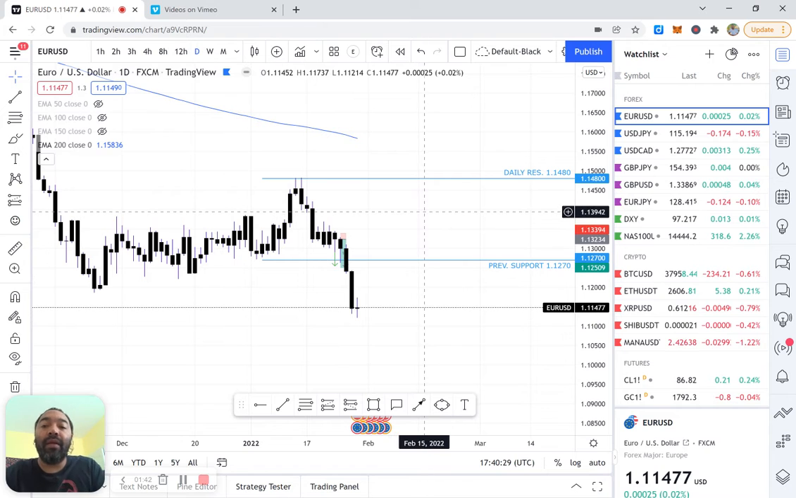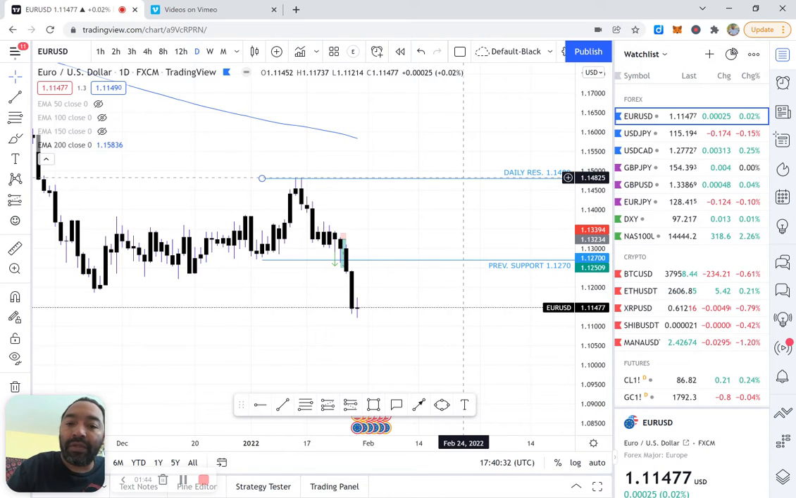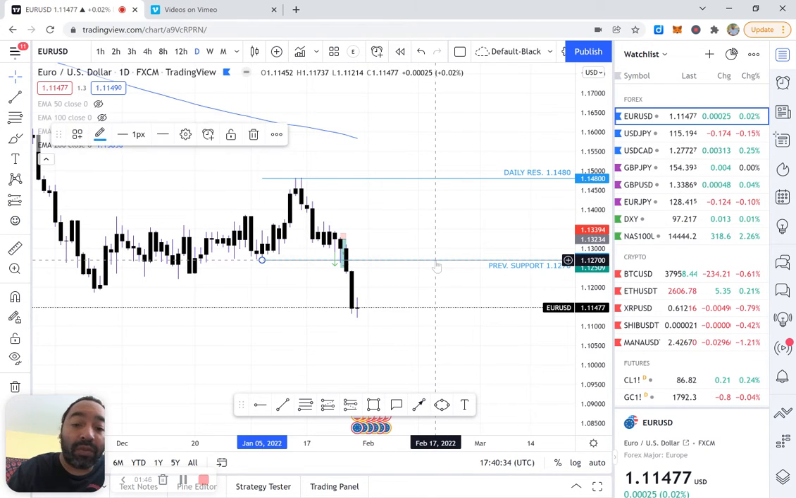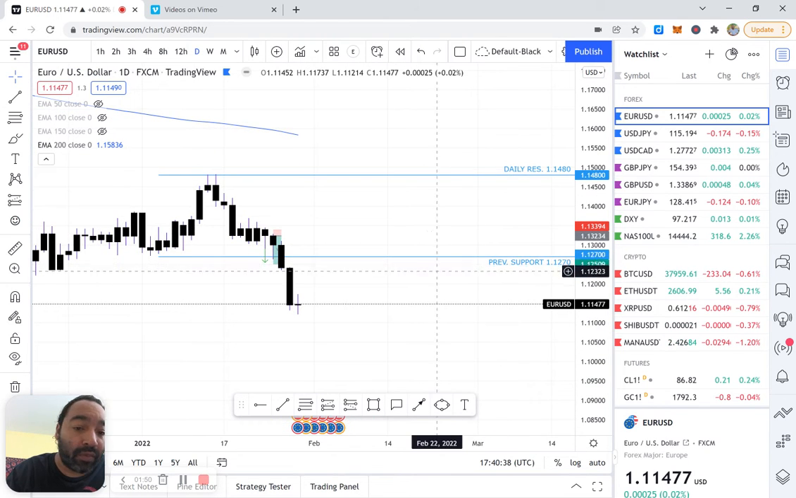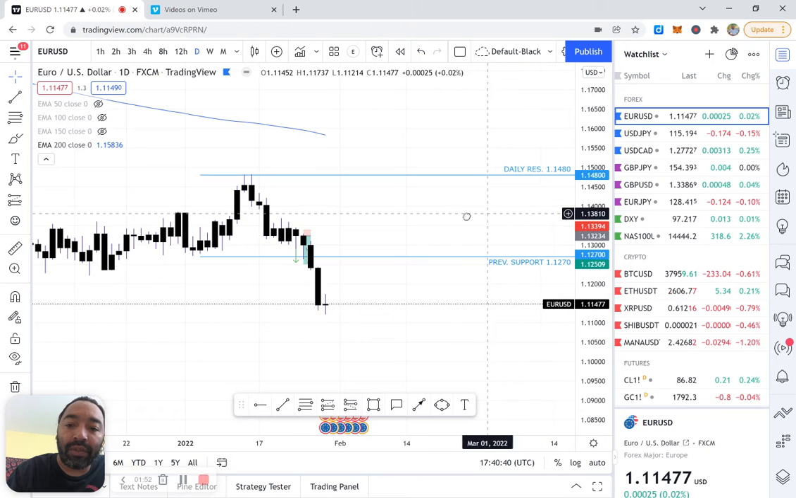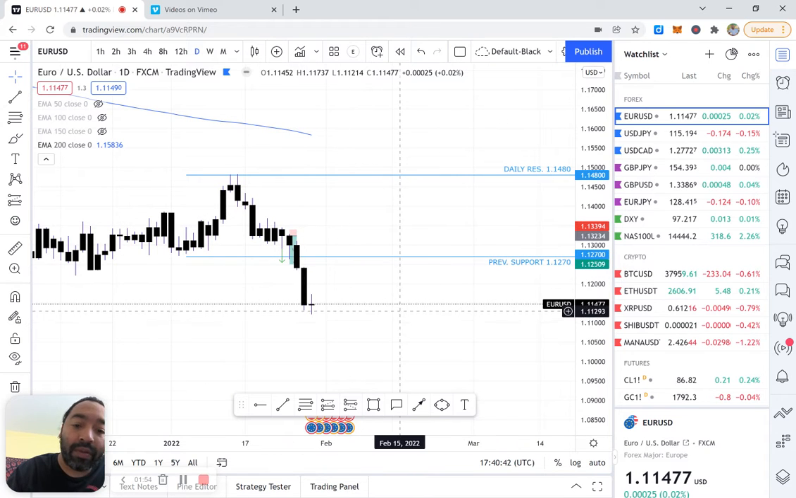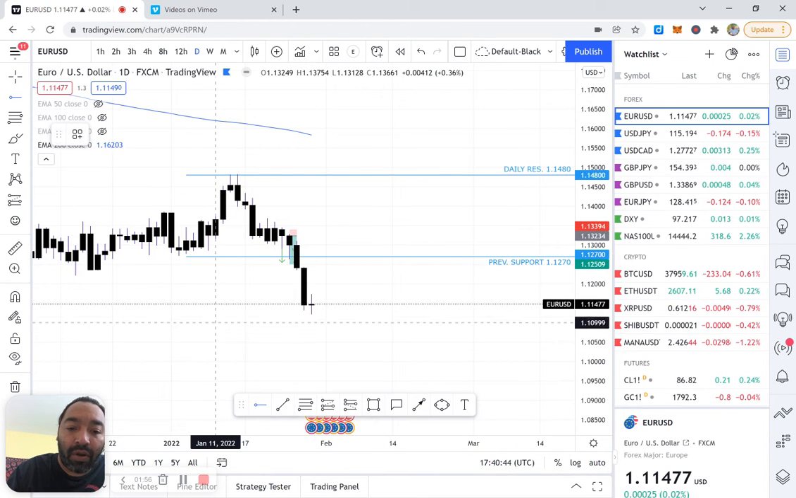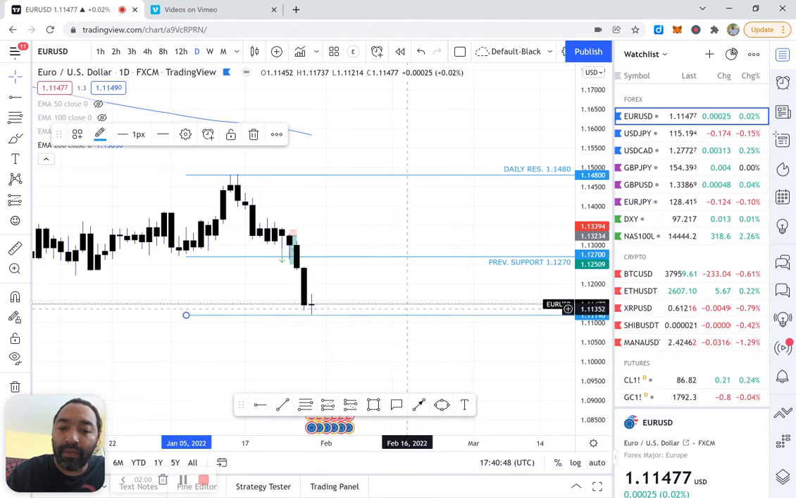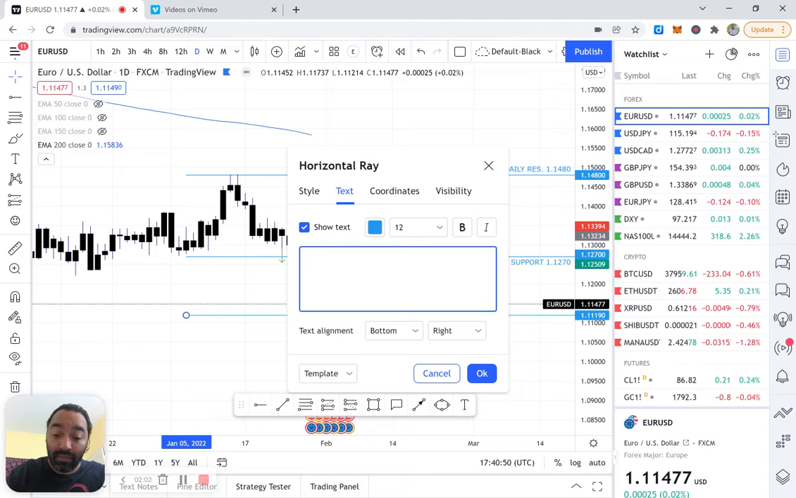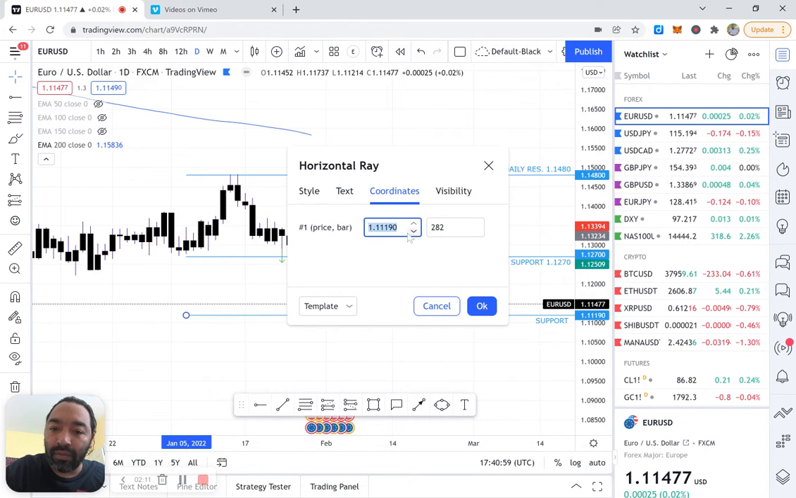I don't need to redo my resistance. It's the same resistance as last week, right? So this was support from last week. Now I just renamed this to previous support, because this was support last week, it broke right through it. Now what I'm going to do is just mark one new line. We just call this right now support, and we're going to put it around